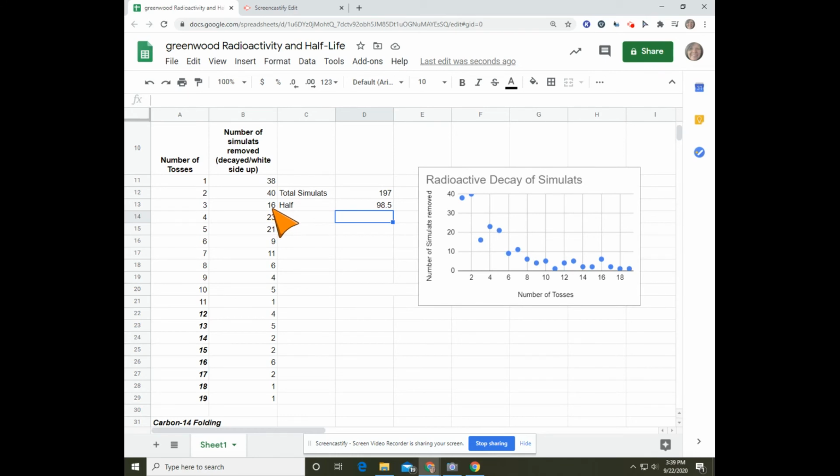So 94, I need 4.5 more. So when I look here, that doesn't quite equate to a whole. So we're going to just kind of look at it for almosts and say that 3 tosses is about a half-life. And so first half-life,